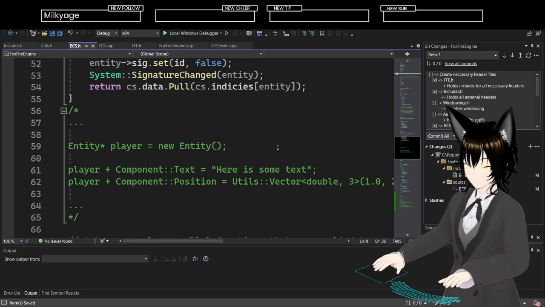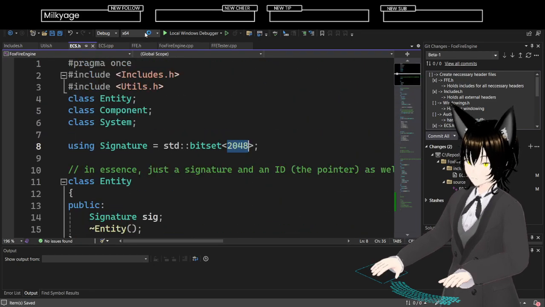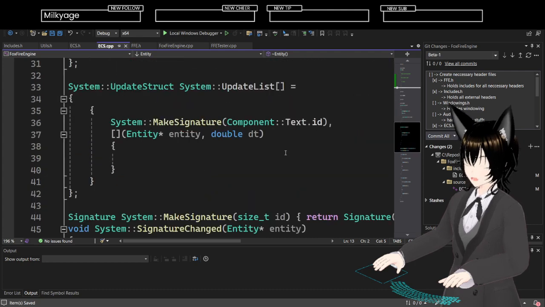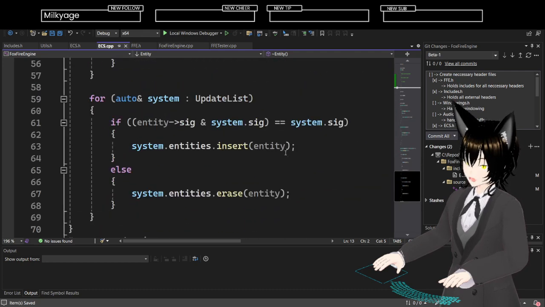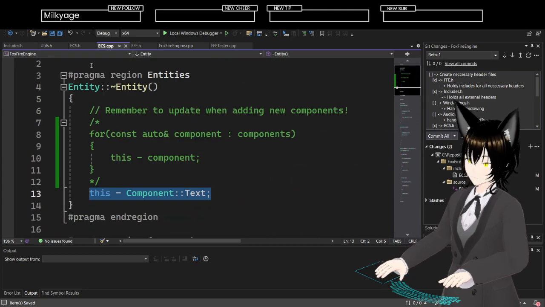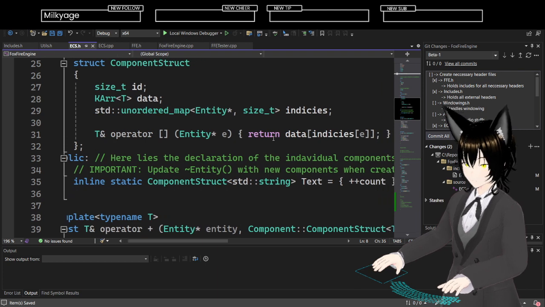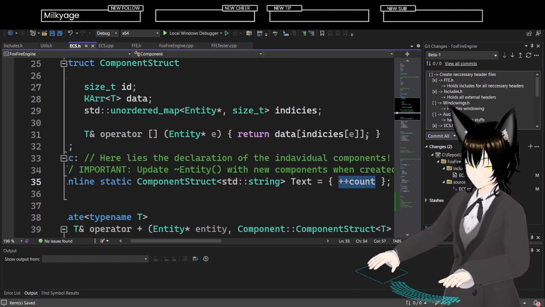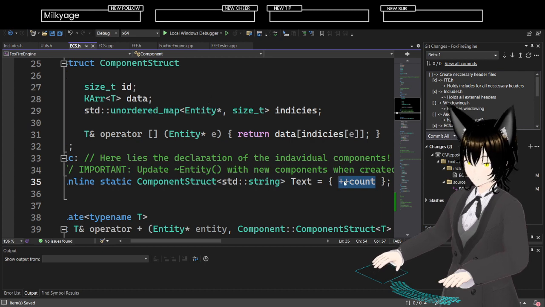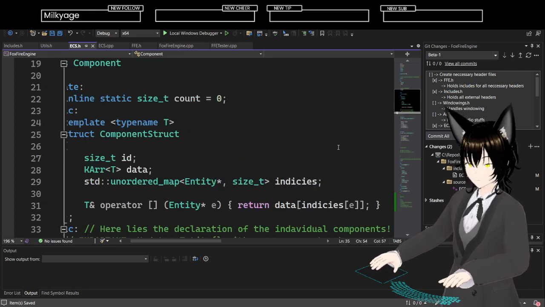I can't just state it to be the component count, right? I can't do that.